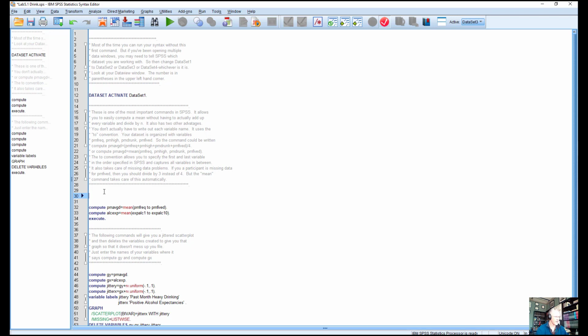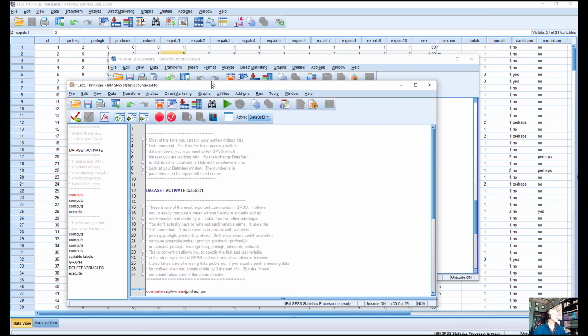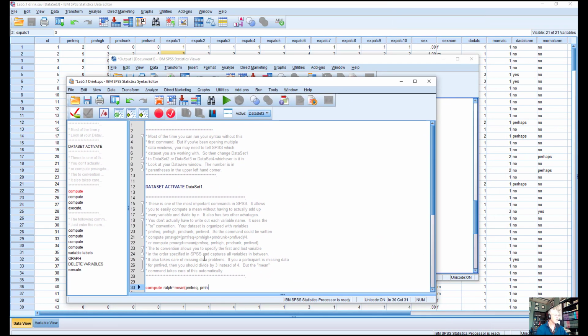And if you were doing this for the first time, you could actually write this all out: compute Ralph equals the mean. And you could write this out, PM freak, then PM high, PM drunk, and PM fived.